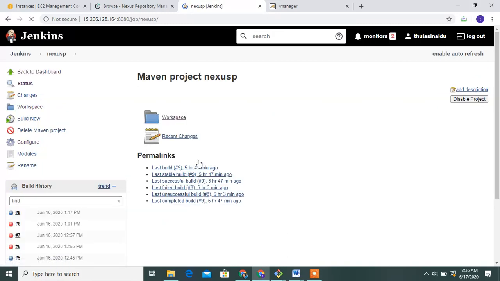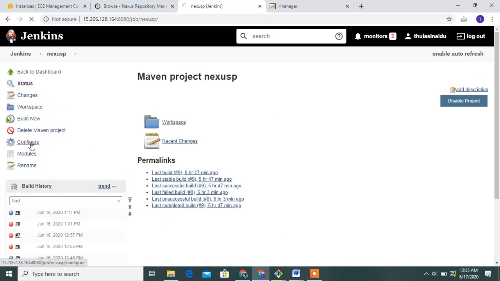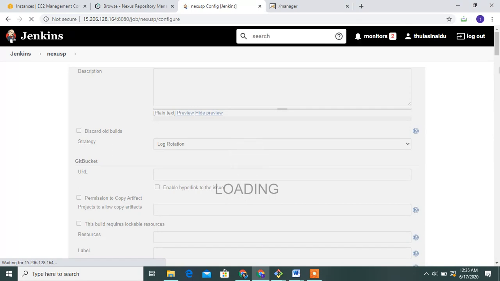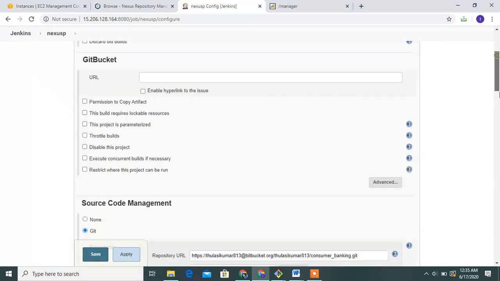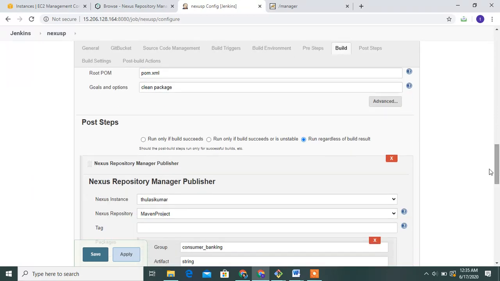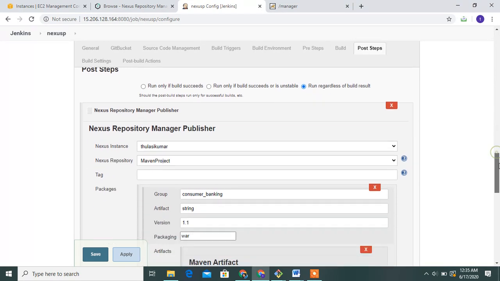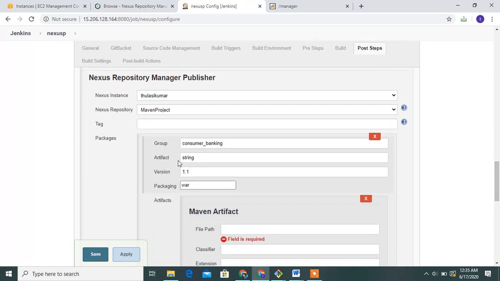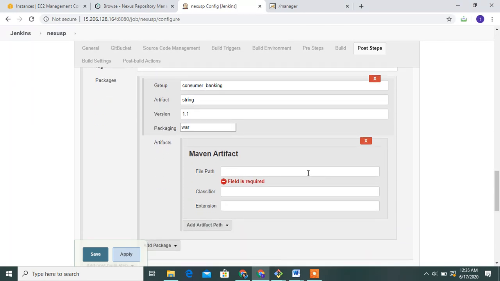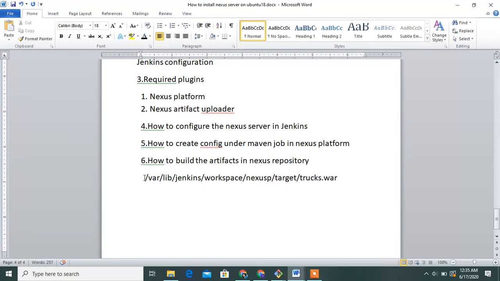Go to the Nexus project and configure. Go to post steps. Package is group consumer banking, artifact string, version 1.1, package war, and add the path: /var/lib/jenkins.war.